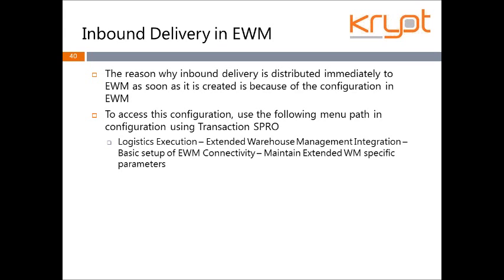So one of the things that clients quite often ask me is, can I create the inbound delivery, but can I stop it from pushing it to EWM completely? Is that possible? Yeah, it is very much possible. The way you do that is you can go to a configuration in EWM that stops inbound delivery from being